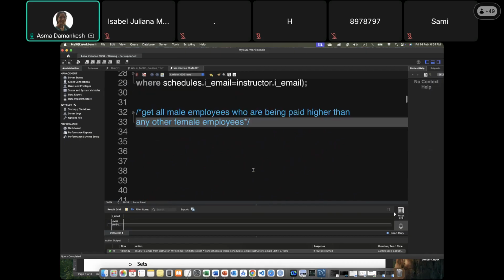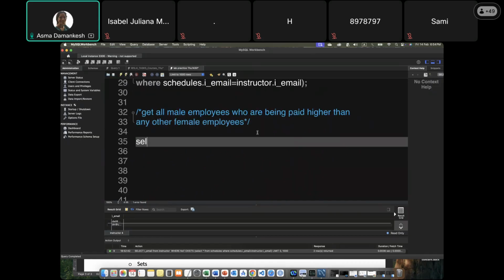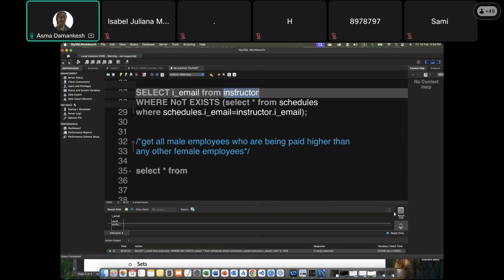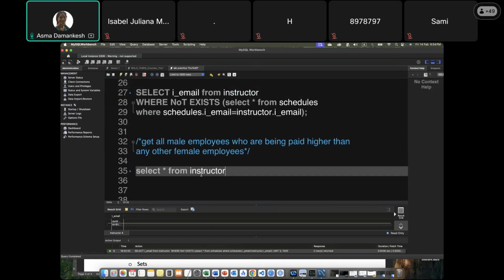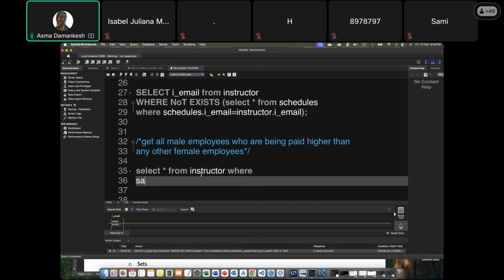So basically, you might come here and say select star from, I didn't want to type queries, but I end up doing it, from instructor where salary, okay, where gender equal male and salary greater than